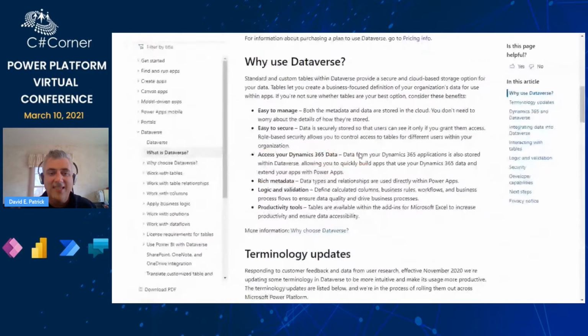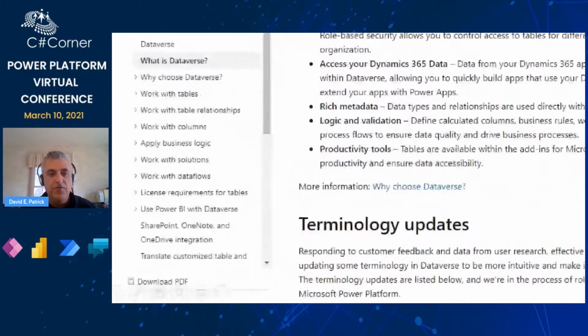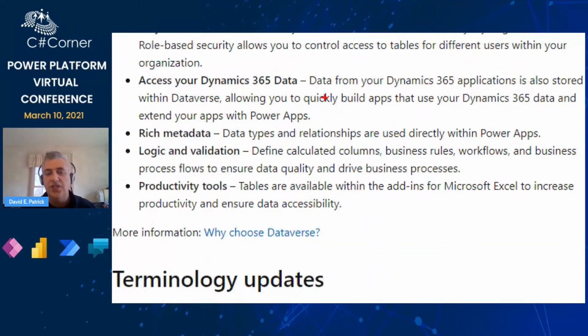So again, really easy access to that data. Some other reasons: rich metadata. So not just numbers and strings. You can have numbers, you can have choices, you can have required and optional, just a lot of different data types, a lot of different kinds of relationships, one to many, many to many, a rich set of metadata within Power Apps. Logic and validation, you can do things like define calculated columns, create business rules for validating,